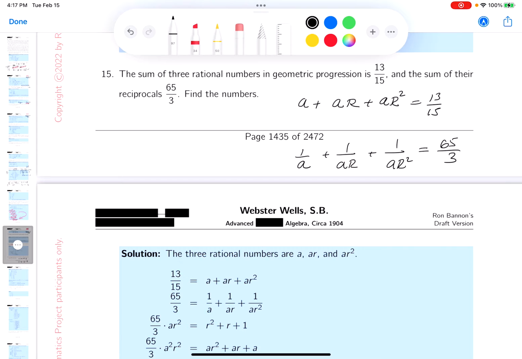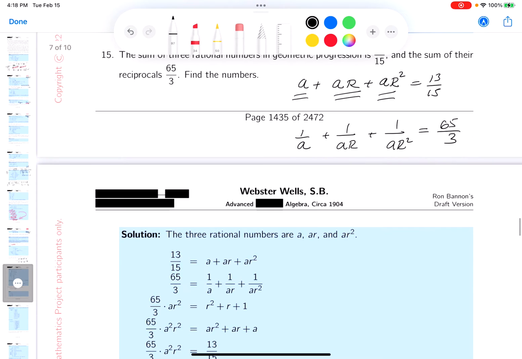What they want me to do is find the numbers. So I'm looking for this, this, and that. And I want to see if I can do it. All right? Someone says it's really tough to do. It may be, but I'm looking at it, and the first thing I want to do is